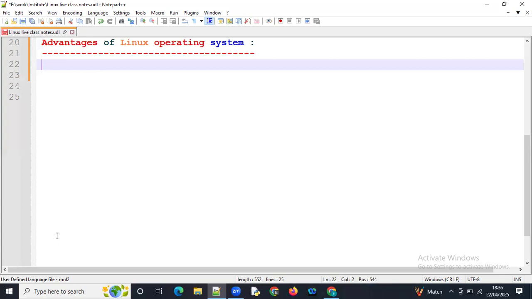They can modify it according to their requirement. This is called open source. So here the Linux operating system's source code is editable.